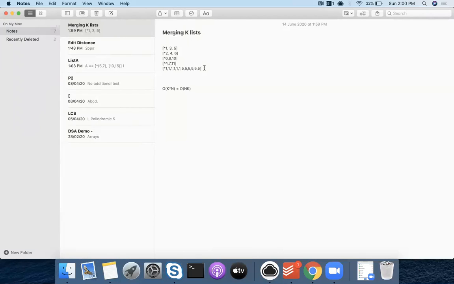So now what do I do? When we are extracting the min, we get the pointer as well. So we increment the pointer, and then we again do heapify. Heapify happened in extract min. You insert the new element in the heap, the current pointer. And then you repeat this all over again.